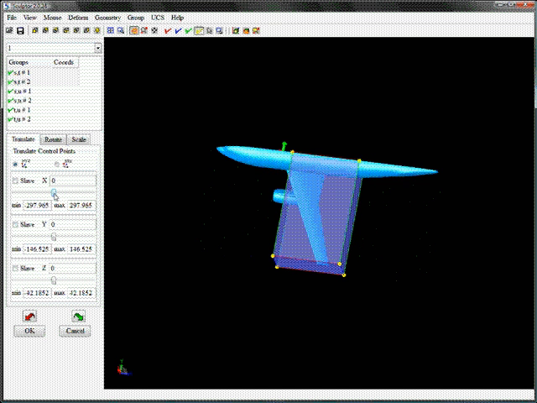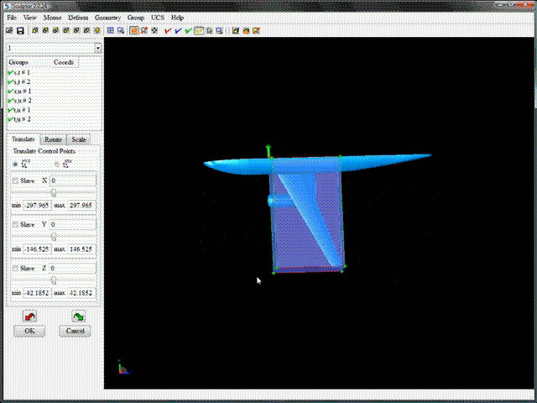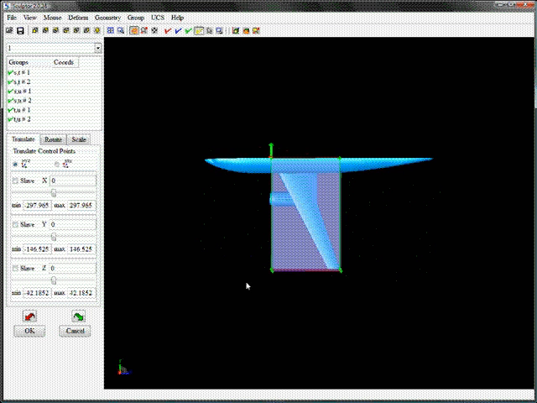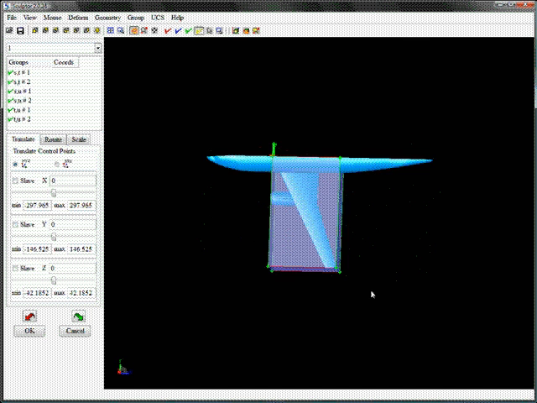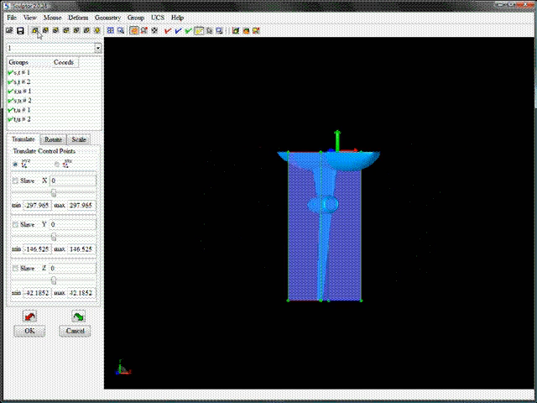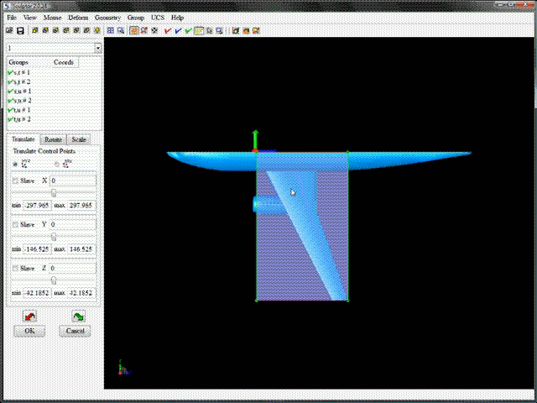And now I will translate it in the minus X direction, and that's pretty good for now. We just want the area around the wing, so now, oh, wrong button. Here we go. I will change the distances of some of these planes so that it follows this leading edge